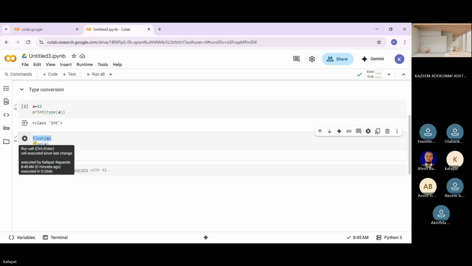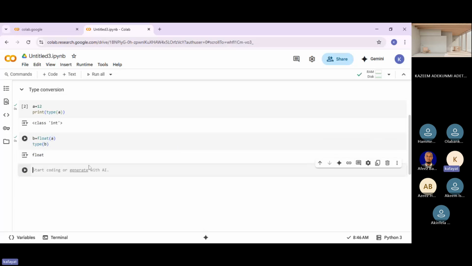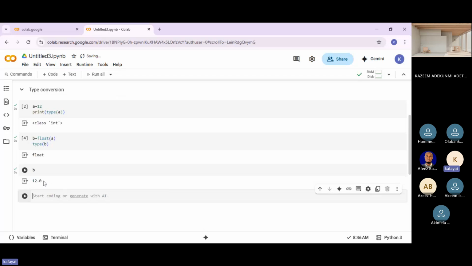Now converting it to a float number, when I print B, you can see it has a decimal number now.